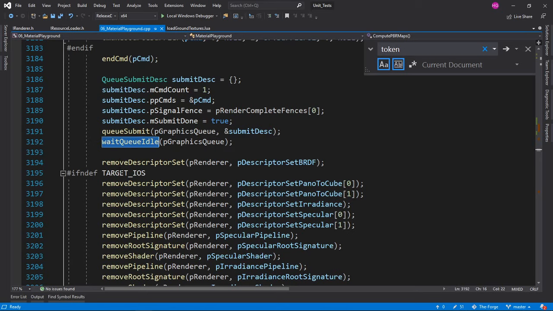Wait queue idle. Interesting. So it just described the whole pipeline of a renderer up there, and now it is putting it in a submit descriptor, putting that into the queue and waiting for it. And this is the graphics queue.